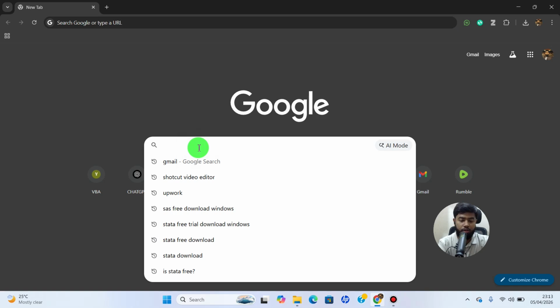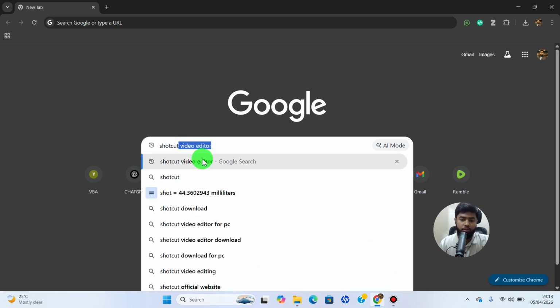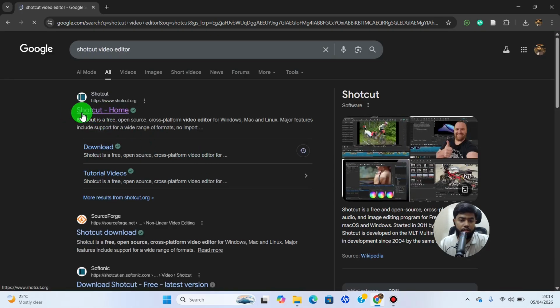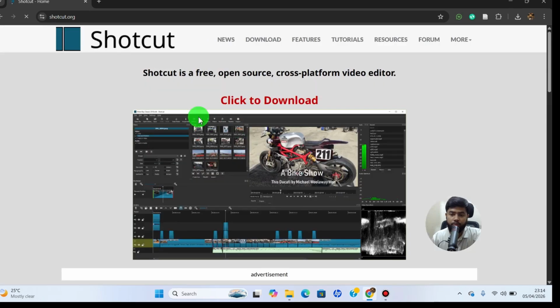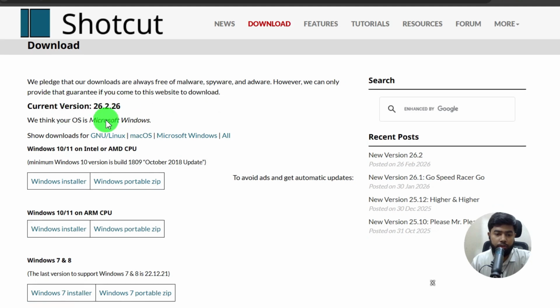In order to download and install it, we'll type Shotcut video editor and browse it on the internet and click on Shotcut home. From the Shotcut home website, we'll see a download option. In this Shotcut website we will click to download this one here, and in another window we will see